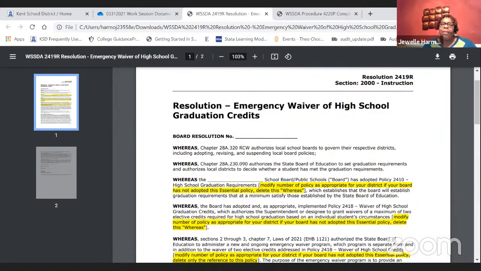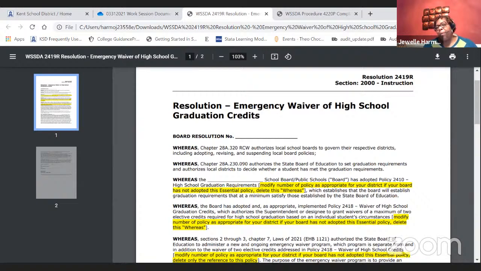They had to have made an attempt or be presented the opportunities to recover the credits, either through credit recovery, the law was very specific, through summer school, or even a 5th year in high school as an option. It doesn't say they have to complete those things, but they have to be offered and informed of those things prior to doing this. And then they are allowed. We also have to present to families the possible consequences of this at their post-secondary experience.